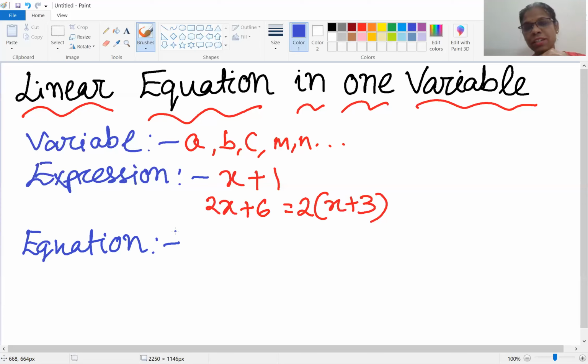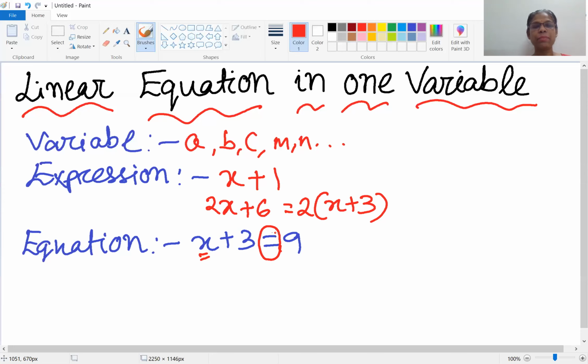What do you mean by equation? Equation is x plus 3 is equal to 9. So I can find out the value of x here. This is my variable and I can find it out. And I have one more important thing. I have an equal symbol. I have LHS side and RHS side together, and both are in a balanced state. It's equal to. So expression and equation both differ in these two points.